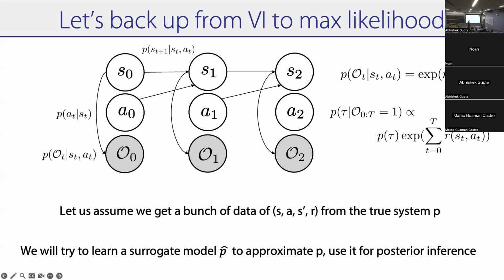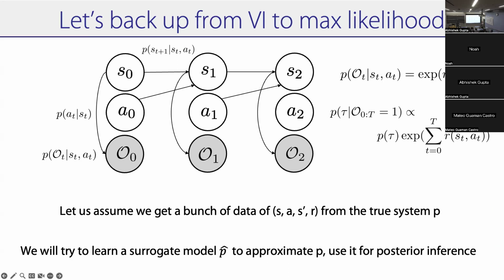So we're still going to do posterior inference, but not against P. We're going to learn a surrogate model P hat that approximates P, and then do posterior inference in that surrogate model. That surrogate model is nice because you can reset it and sample it whichever way you want. You have full control over it. Posterior inference will still be hard, but at least you have control. Whereas from P, you can only draw samples. You can't reset it to wherever you want, and you can't get likelihoods. You can only get samples from P. So we're going to learn a surrogate model P hat, use it for posterior inference, and show that this gives us model-based RL.